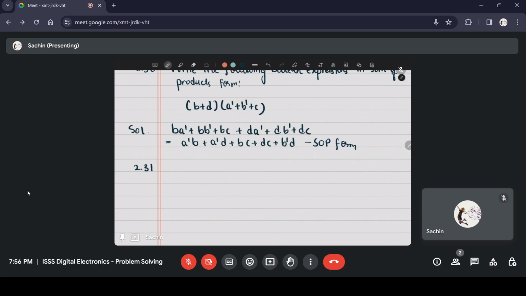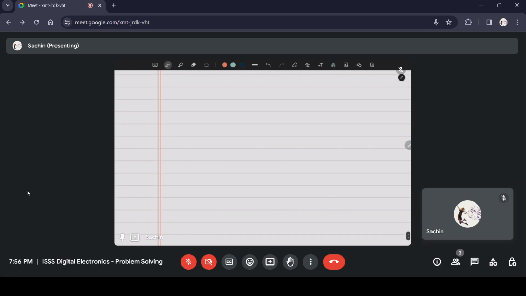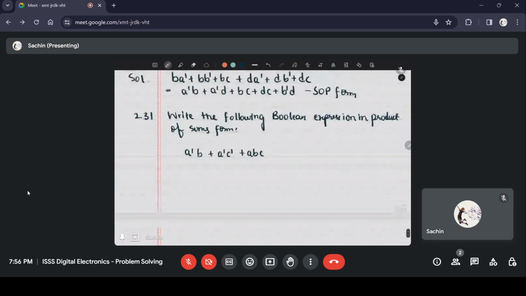The last question of the chapter: write the following Boolean expression in product of sums form. Expression is a prime b plus a prime c prime plus abc. Solution: